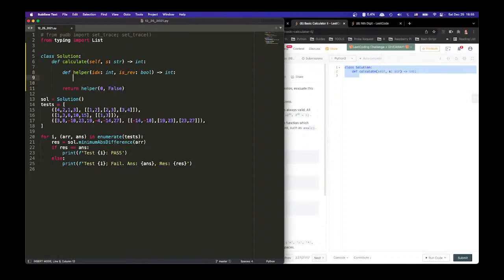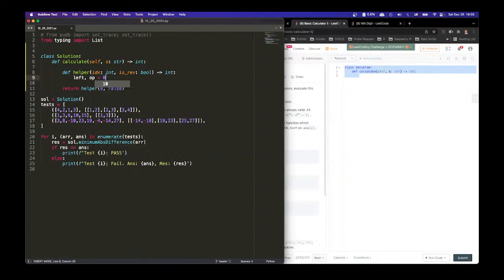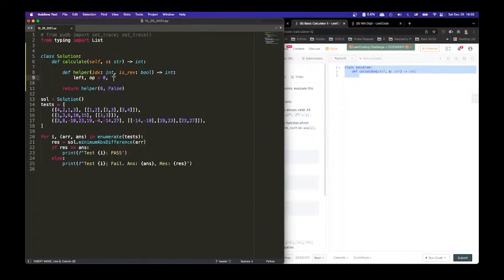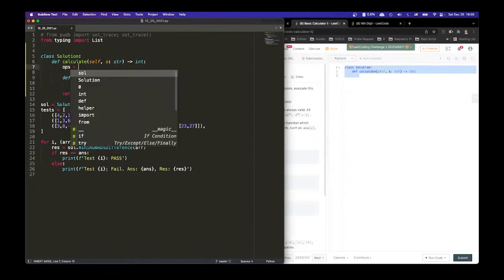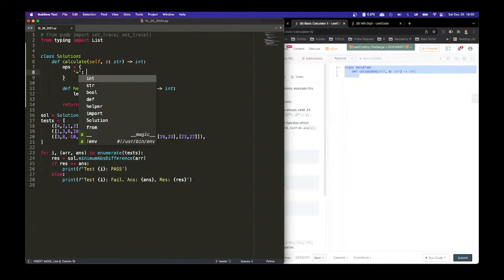Okay, so now what we're going to do is the left and operation equal to, left is 0, there's nothing, and operation is going to be nothing. And we can say operations will equal to plus,